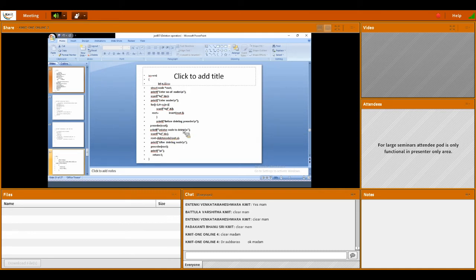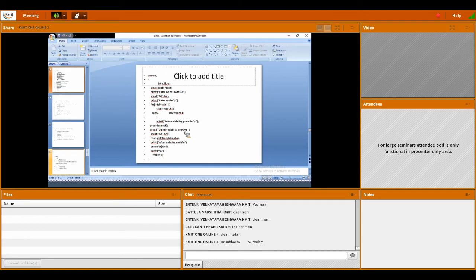Next, my program is asking which node you want to delete, right? In my tree there are some nodes now. Any node you pick may be a leaf node, a node with one child, or the third case. So S is the value of the node which you want to delete. Reading S. Look here, my dear student, it is an important thing.